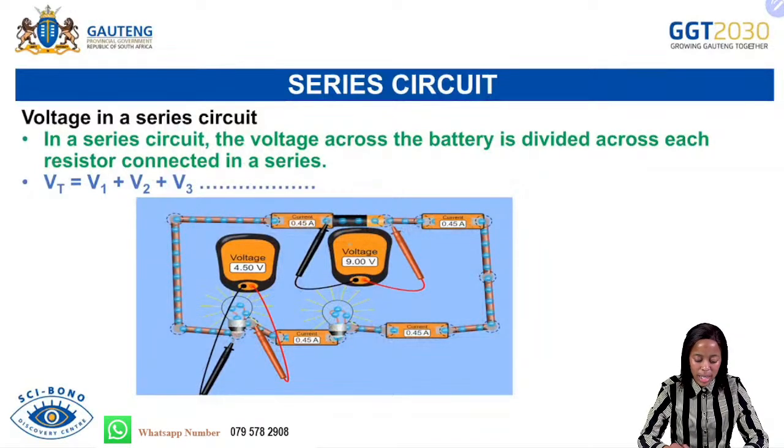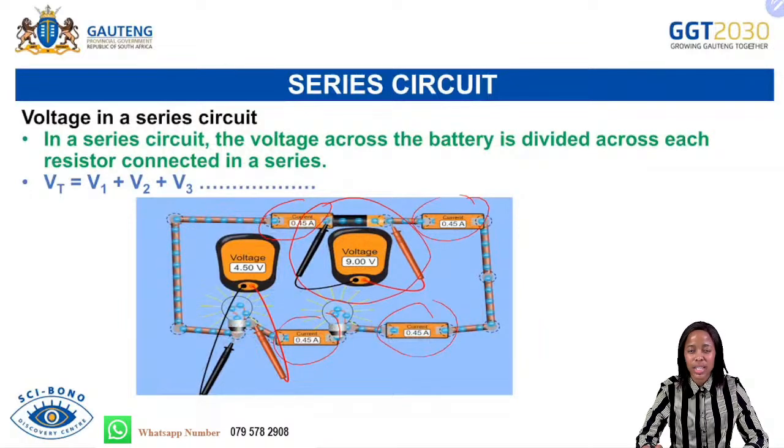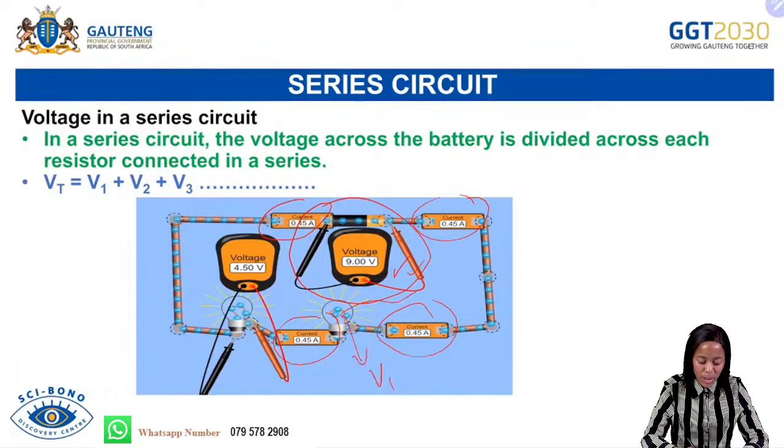Okay. So again, with this one here, remember we said that the current is the same in a series circuit. So right now, if you look at the battery there, what is it that you are given? You are now given the total voltage. So if you are now asked to calculate, if this resistor represents V1 and this resistor represents